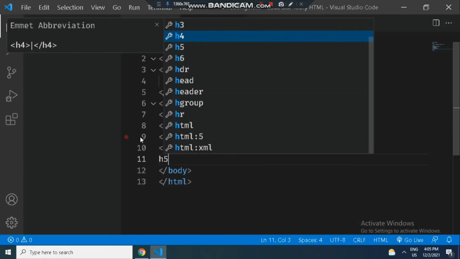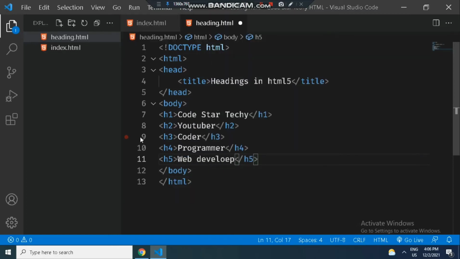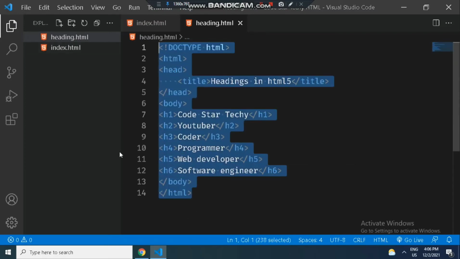Then in h5 let me type web developer, and in h6 let me type software engineer. Okay, like this.